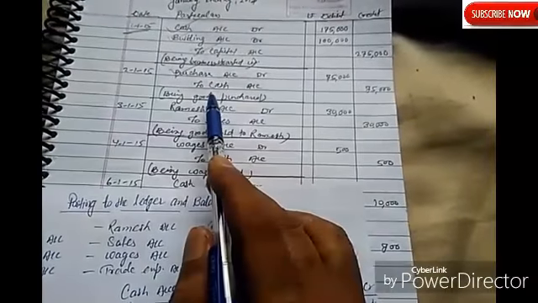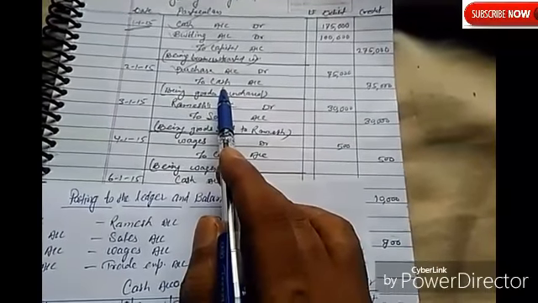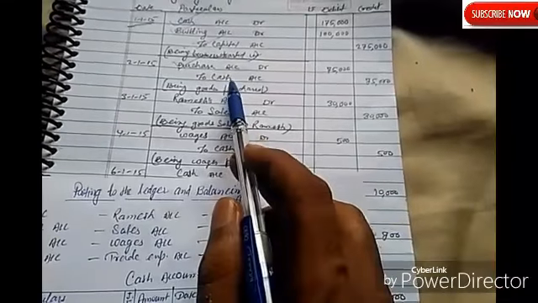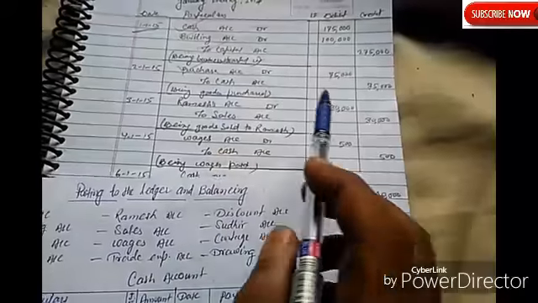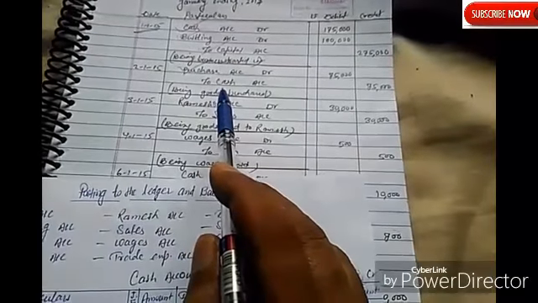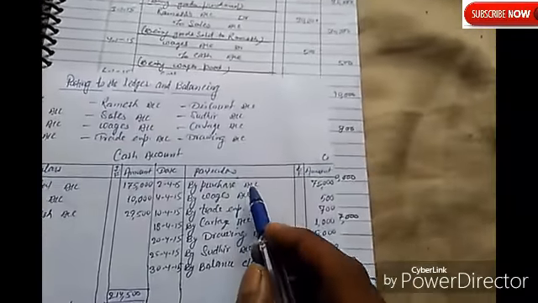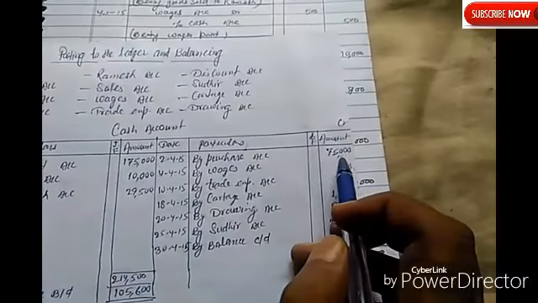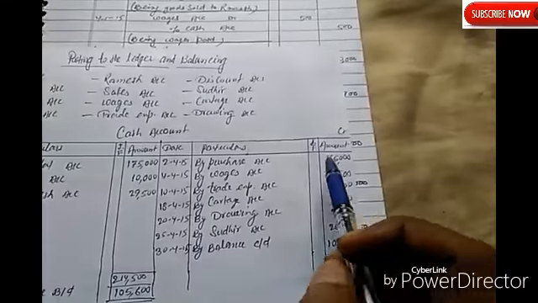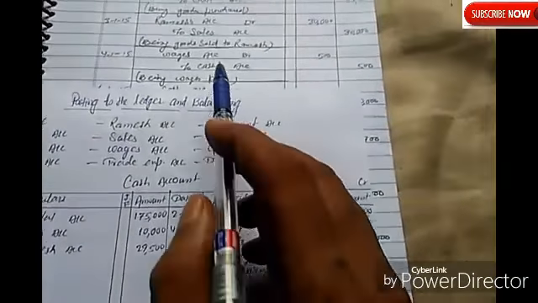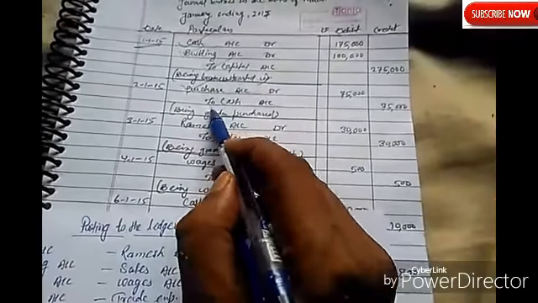Now to cash. Here cash is 75,000 on the credit side. So you have to put these items in the cash account also. See here, 75,000 is a credit. So you write here by purchase account 75,000. Cash is a credit, so it will come on the credit side. Okay, so this is also over.